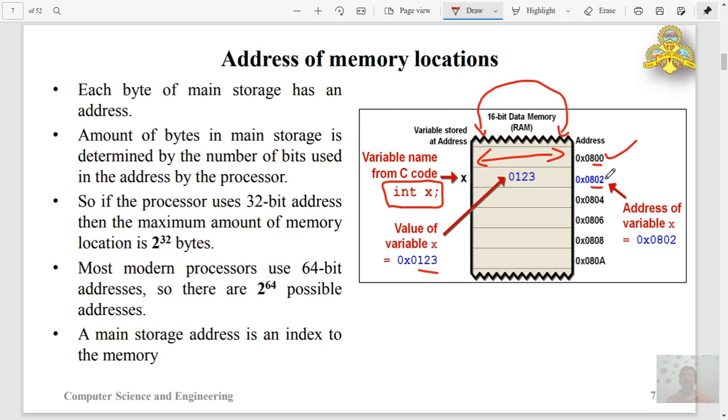You might have heard of Windows 10 64-bit, Linux 64-bit. So these terms you can hear recently. Also, current day smartphones are coming with Android with support for 64-bit addresses. So depending on the number of connecting lines available, the range of addresses is also determined. We'll go for one more figure for better understanding.